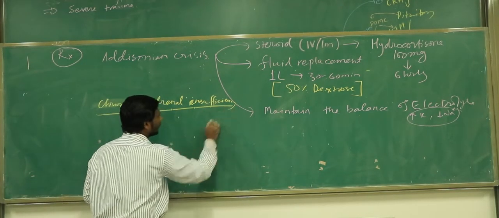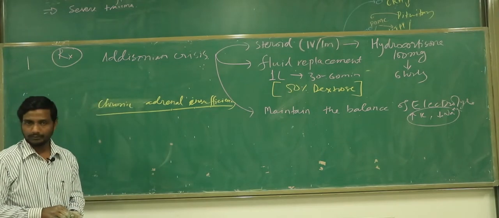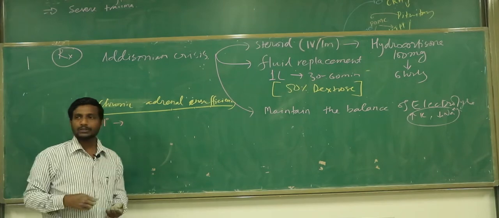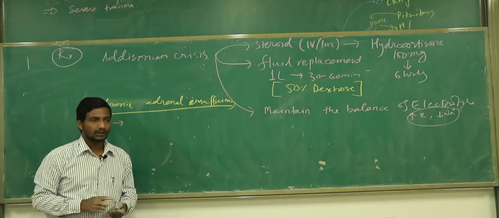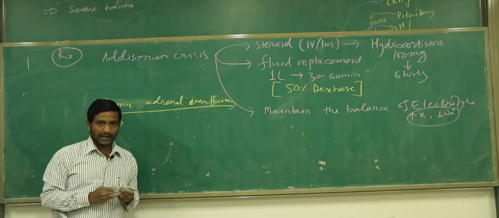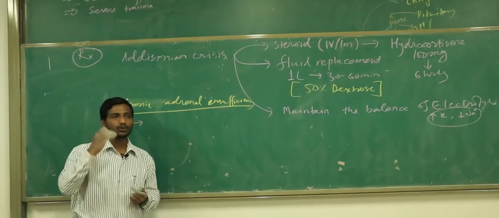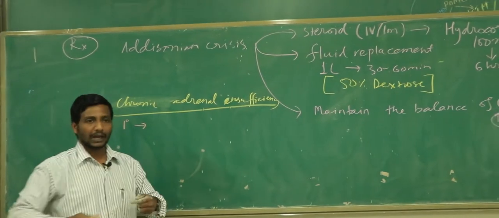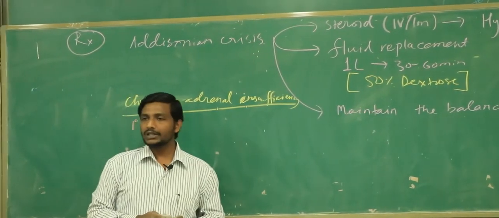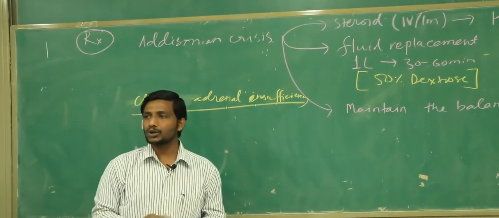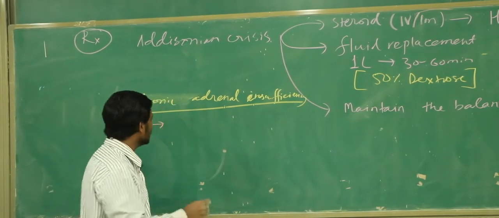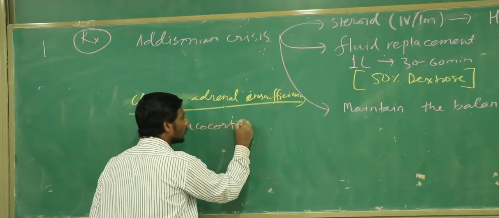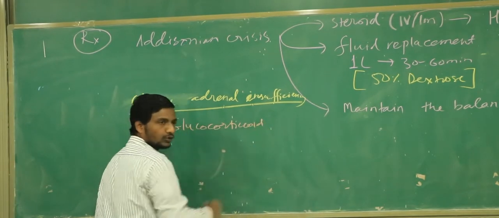If somebody is having primary hypoadrenalism, think about this. It means the patient is having the problem in the pituitary, hypothalamus, or adrenal? Adrenal. So if there is a problem in the adrenal gland, is the patient going to have only a deficiency of glucocorticoid or even mineralocorticoid? Is there only a problem in the cortisol or also a problem in the aldosterone? Both. Right. So in this patient we must give the glucocorticoid. This is the mandatory one. We must be giving the hydrocortisone to them.